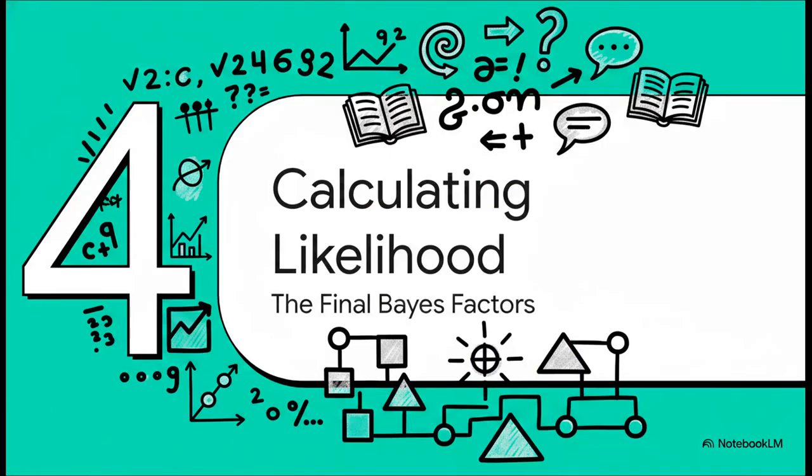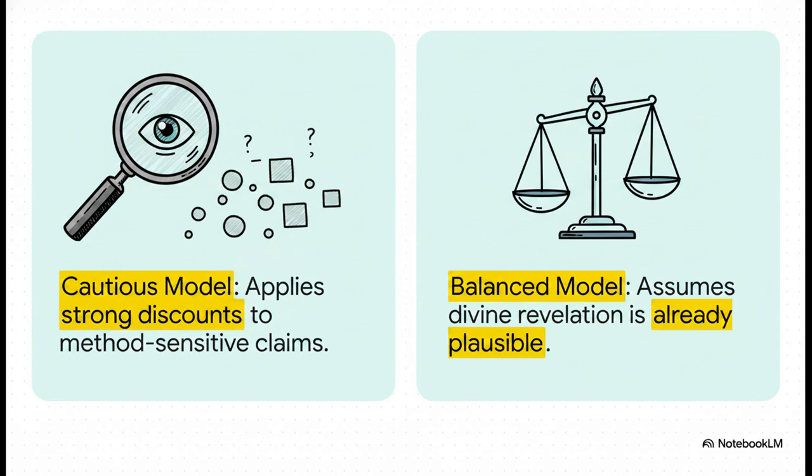Okay, so you've got all these different clusters, the numbers, the word counts, the symmetries. What happens when you plug all of that into the Bayesian model? What do the final scores actually look like? Well, the analysis doesn't just give one simple answer. Instead, it gives results from two different models, which start with different assumptions.